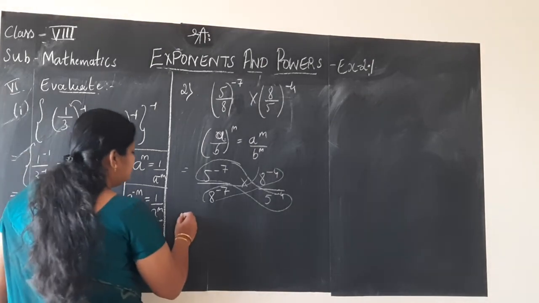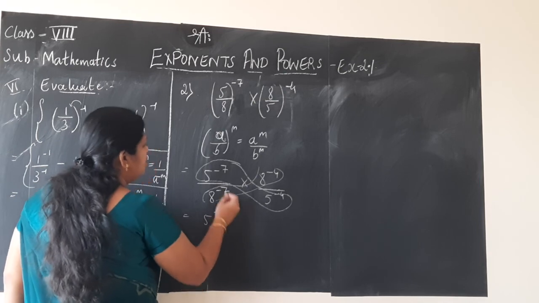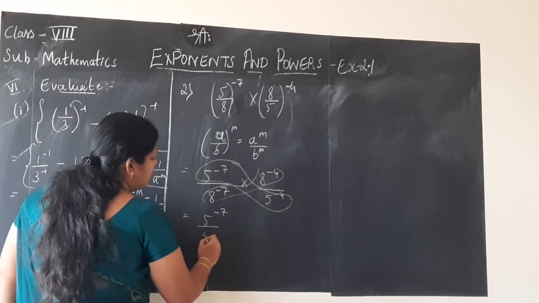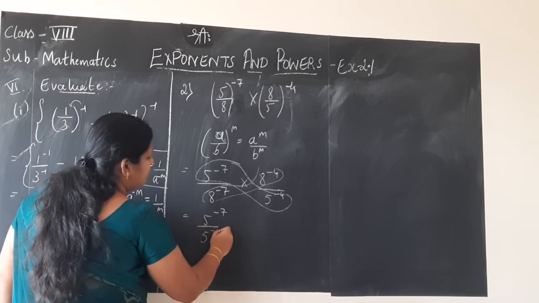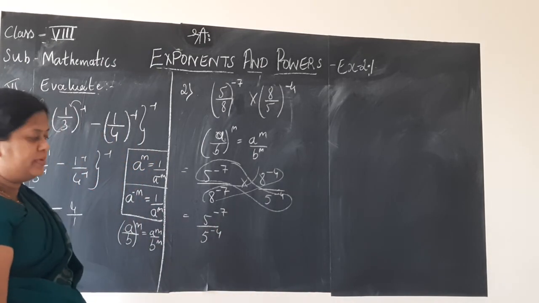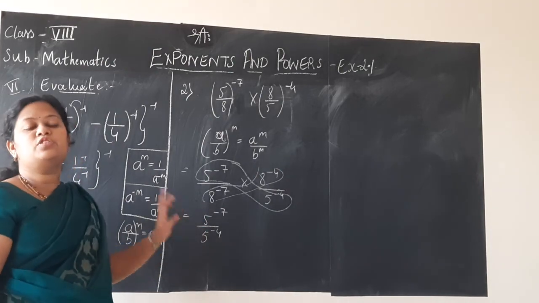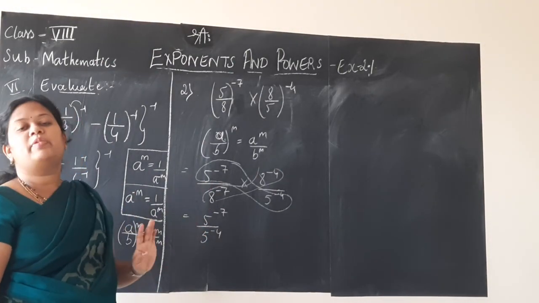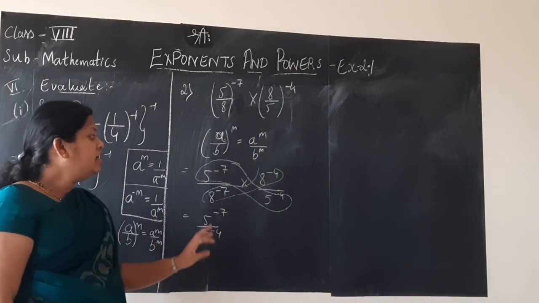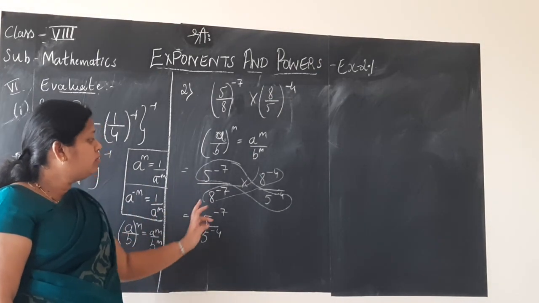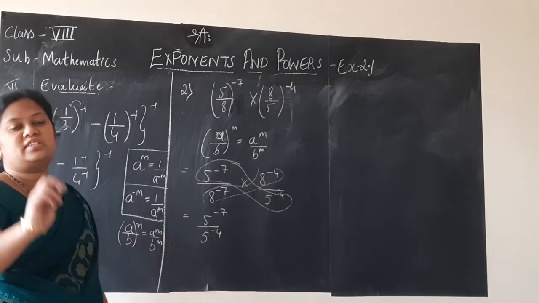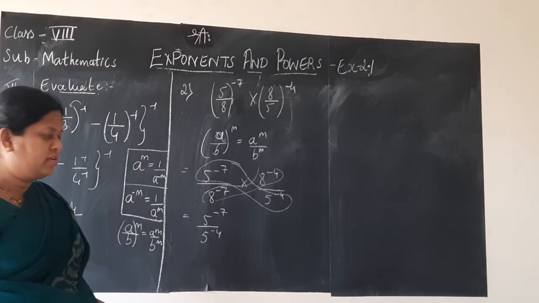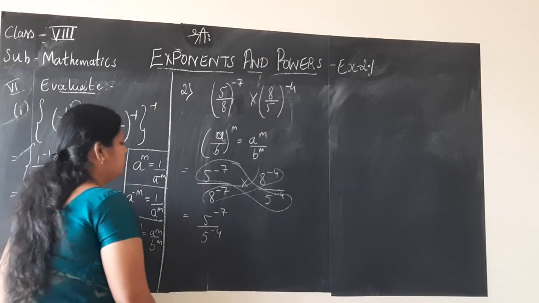So, in the next step, by grouping 5 to the power minus 7 in the numerator as it is, divided by, I will just send 5 to the power minus 4 here for the grouping purpose, so that the base values become same. That is our aim here. We are grouping to make the base values same. Grouping can be done like this however you want, provided there is a multiplication sign in between only. If plus, minus or divided by sign is there, you cannot replace the terms like this, children.